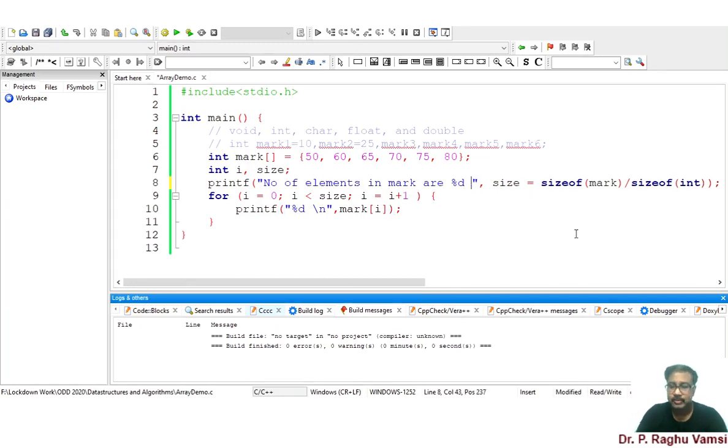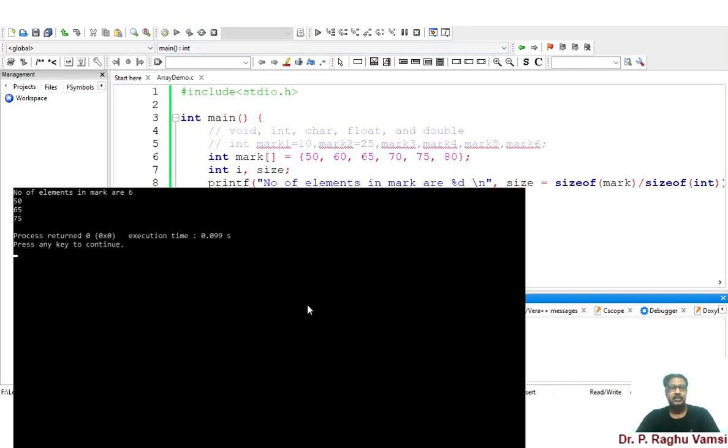So for a clear distinction, I will use \n. Since we have used plus 1 here, the index will be incremented by 1. But if I use 2, then the index will be incremented by 2. So you are supposed to get the values 50, 65, 75 and so on. Let us see whether we got these elements or not.